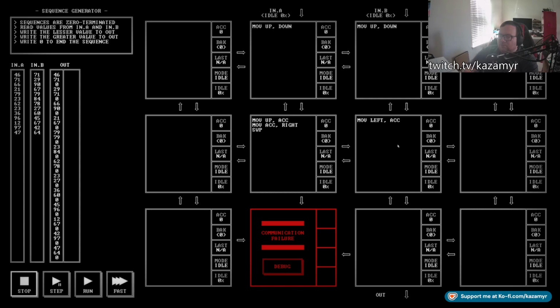Ooh, this is a tough one. So what I think I'm going to do is, for now, we're just going to move that in the accumulator, and then we're going to move that down twice. Because the first time we want to read it, we want to send it to the left. And the second time we want to read it, so over here we're going to move right,